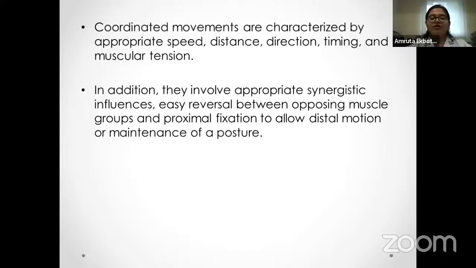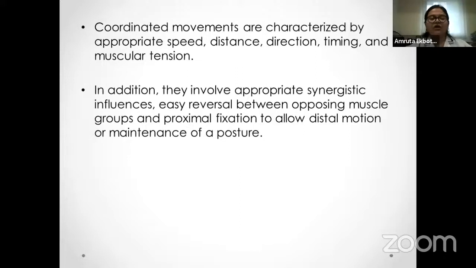In addition, they involve appropriate synergistic influences. Now, synergistic influences in the sense of which muscle is required, how much or for how long it should be recruited, and easy reversal between opposing muscle groups, that is alternating between contraction and relaxation. So it can be any of the 2 movements that are occurring, and proximal fixation to allow distal motion or